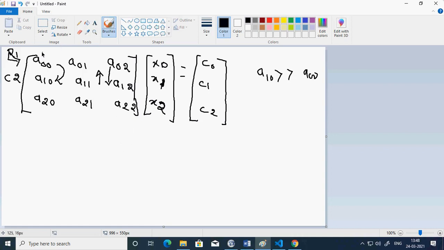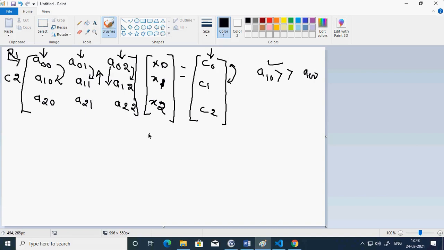That means I need to work with this column, exchange these two, then work with this column, exchange these two, then this column, exchange these two, and then this column and exchange these. This is the operation I have to do if this is the condition.